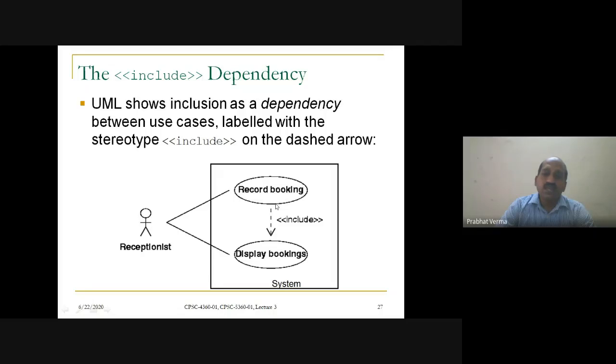Record booking use case includes the display booking use case. How? Because in order to perform a booking, the receptionist first needs to confirm whether the slots are available for the customer who is requesting. So for that she has to inquire the system through this display booking.